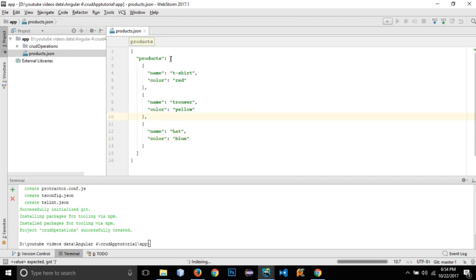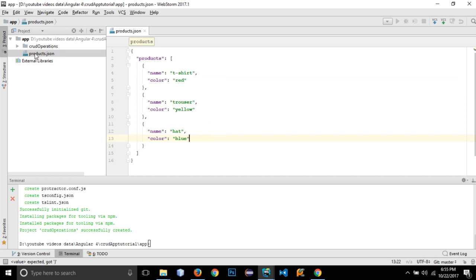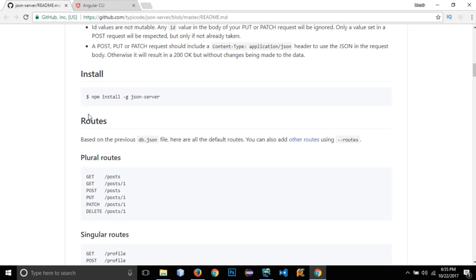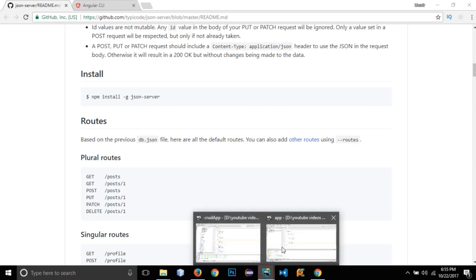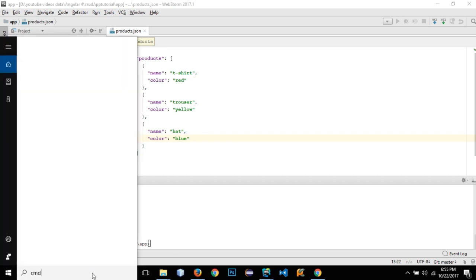So I've created my JSON file starting with an object. Inside this object is a key, and then an array that contains different objects of my products. So I've created the JSON file. Now I've already installed my JSON server. In order to run this products.json file using the JSON server, let's open up my CMD,